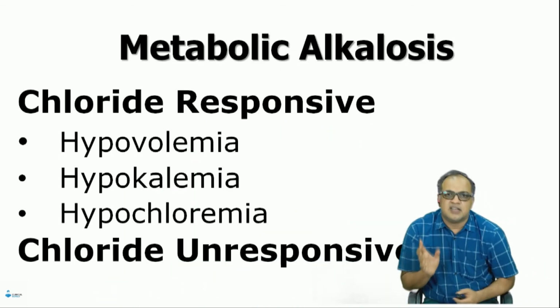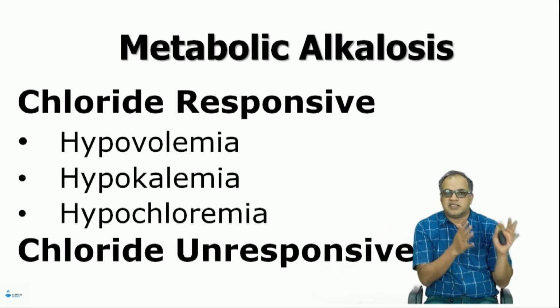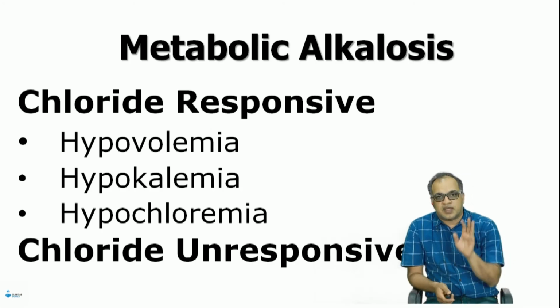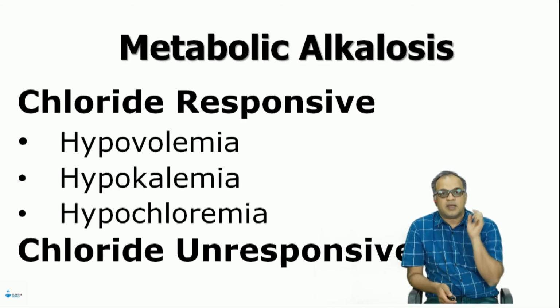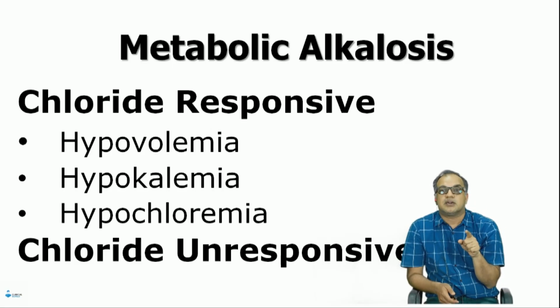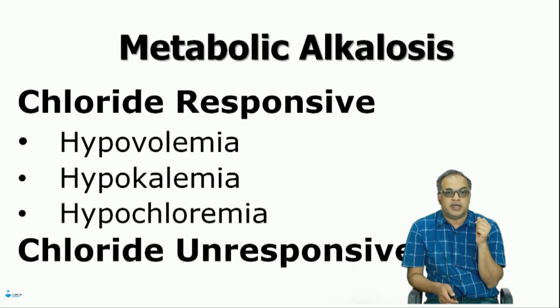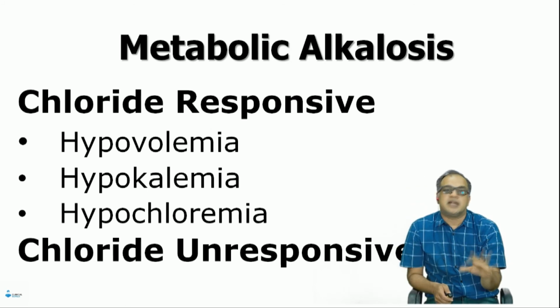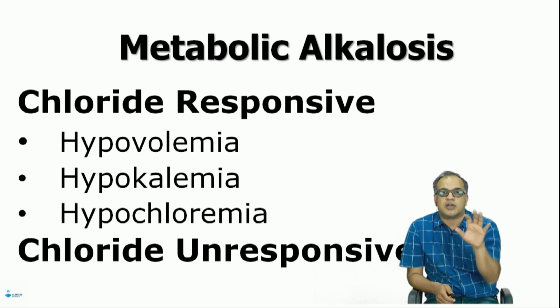So just a single word about metabolic alkalosis. We have talked so far about acidosis only because that is the primary killer. But metabolic alkalosis can be because of three main causes: hypovolemia (contraction alkalosis), hypokalemia, and hypochloremia. If these three things are present along with the metabolic alkalosis, then your patient will respond to normal saline. Just give him a lot of normal saline and everything will be okay. If a patient has vomited a lot, then normal saline is very much indicated. Otherwise, there are not many indications for normal saline.